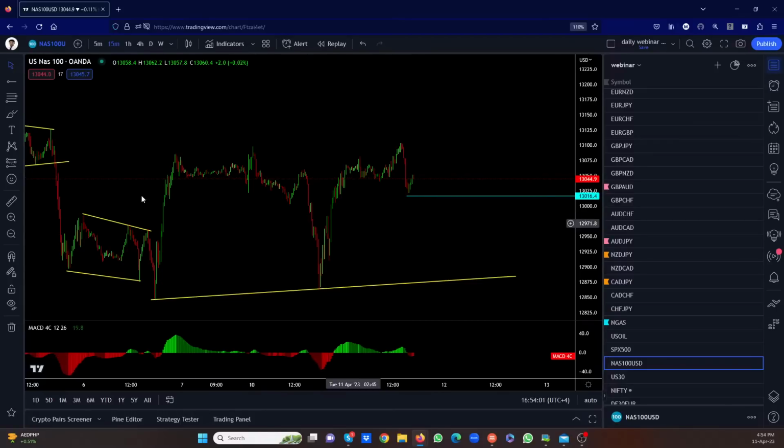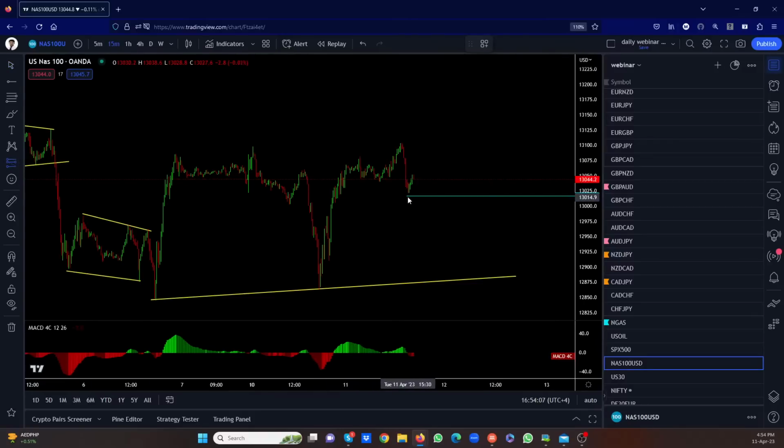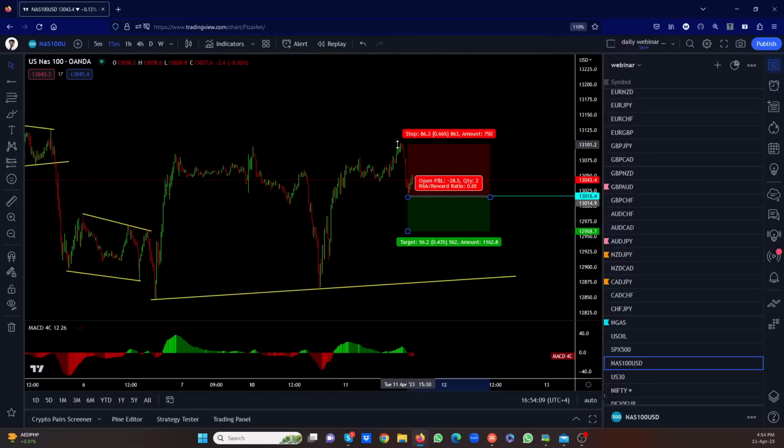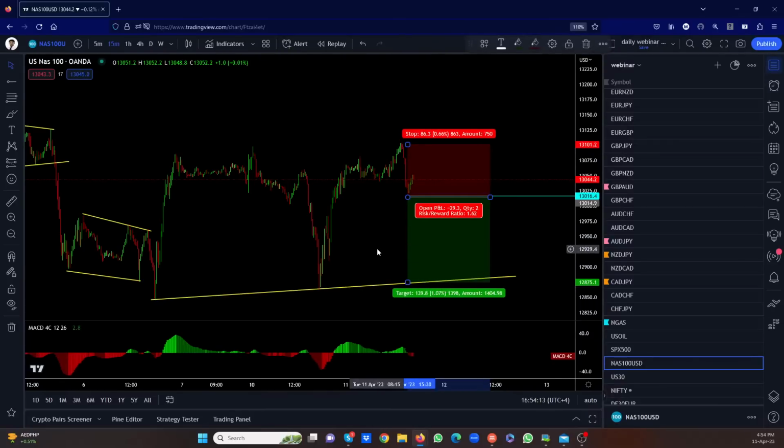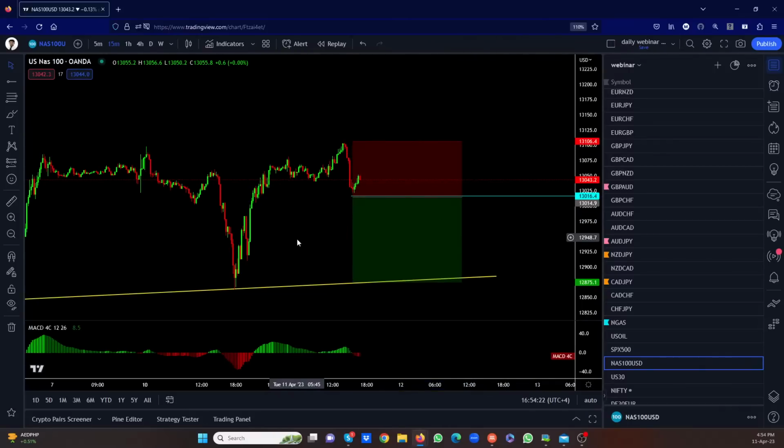So let me put the trade on, and I'll tell you how we would trade this, right? So go for the short. We'll put an entry here. You put a stop just here, just above that top, and you go for the bottom. Once it takes the bottom, that's it. It's a 1.6. Let's say 1.5 to 1. So you can put this a little higher like that. That's all the trade is about, right?